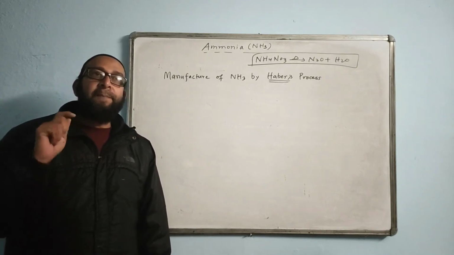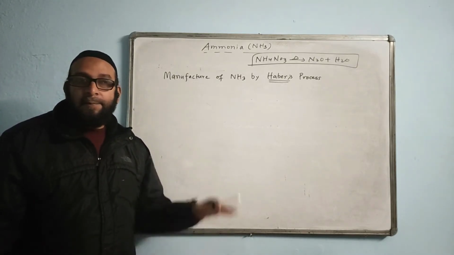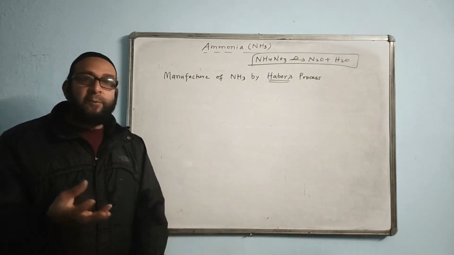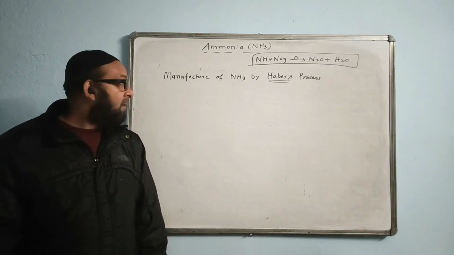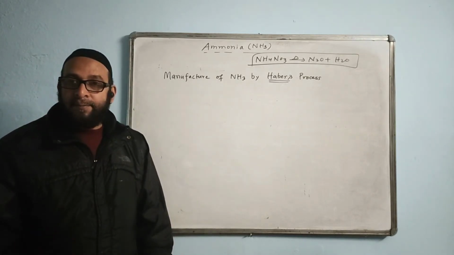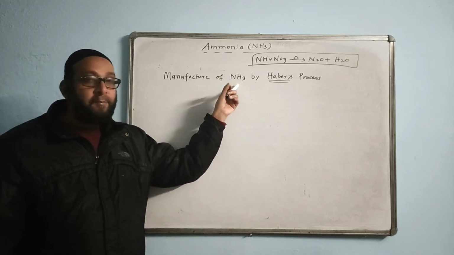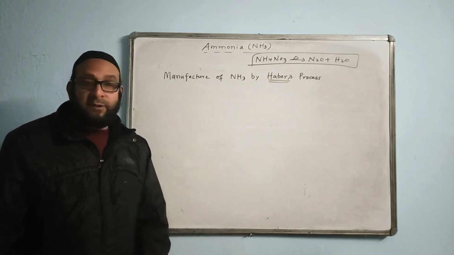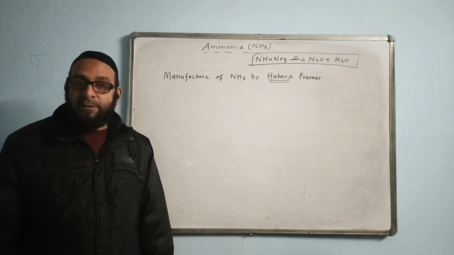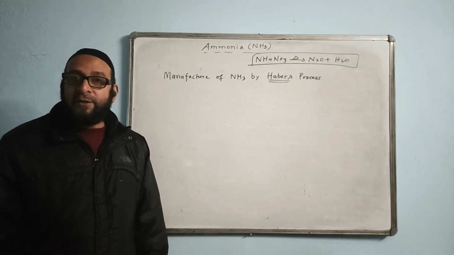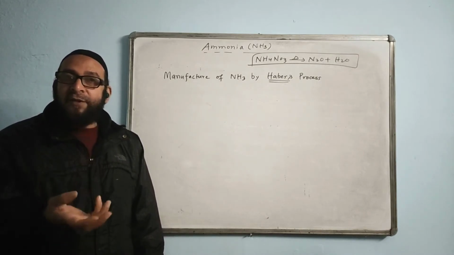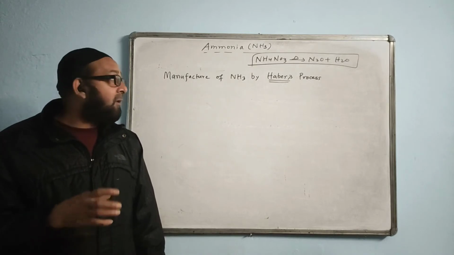What is the difference between preparation and manufacture? Manufacture is done on a large scale and preparation on a small scale, just for the purpose of experiments. This time we are manufacturing ammonia on an industrial scale. Many industries need ammonia gas. Particularly which kind of industries? Ice cream factories, refrigerator factories, refrigeration industries where we need a cooling agent, air conditioning industries, ice plants, ice factories, they all require ammonia gas.